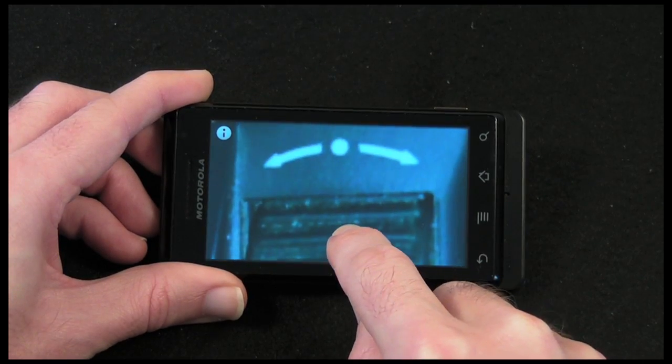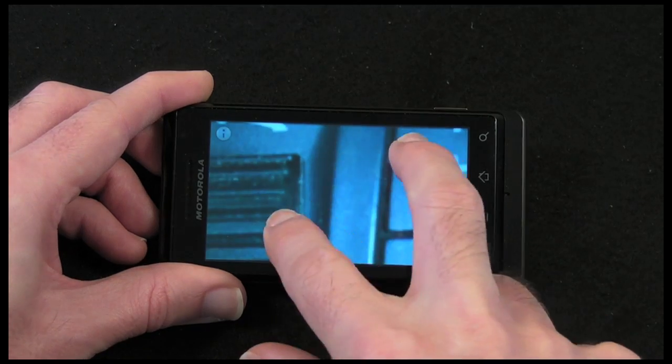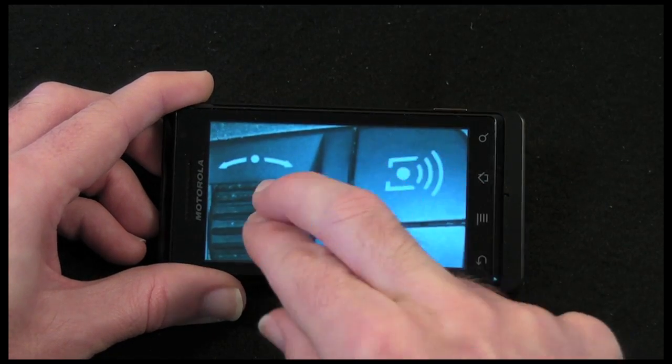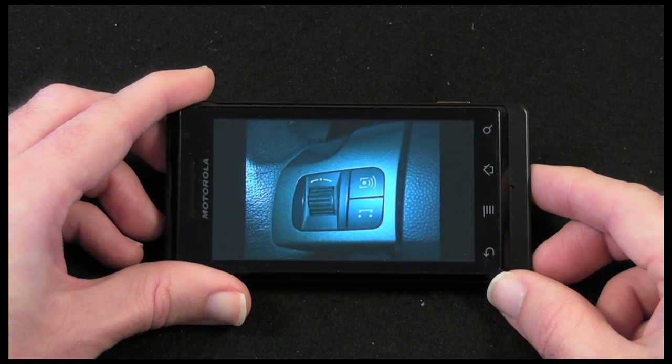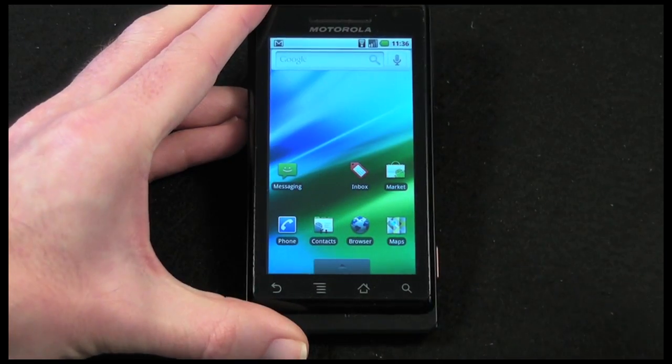This was in my car. So again, Motorola Milestone, pretty good camera functionality, and something that I think is more than usable. So now I'm going to show you the